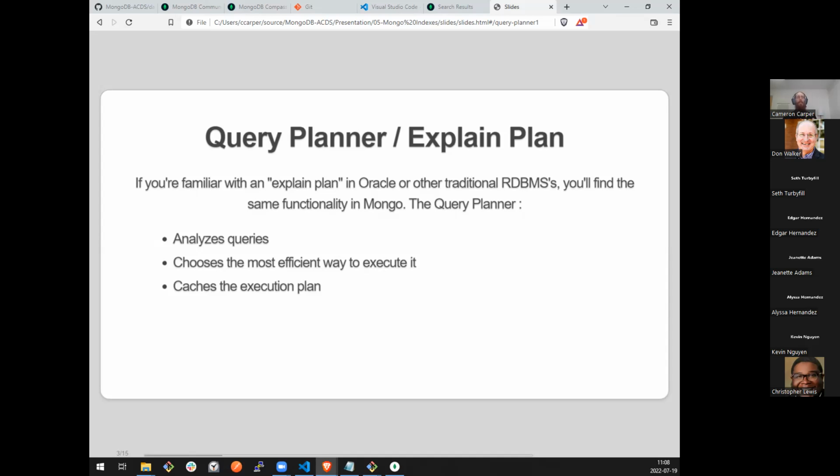Another interesting tidbit on that is that when it chooses the efficient execution plan, it actually caches that, at least for a certain amount of time. I think it's configurable in the database. The important efficiency boost we get there is if I have this one query that is, say, reasonably complex, and Mongo runs it through the query planner and says, this is the best way to execute this query, then now, as long as this is cached in memory, it doesn't have to run it through the query planner again. So if we're running the same query over and over because a user is querying an API that's running the same query, we evaluate it once, cache it, and then use that same plan over and over.